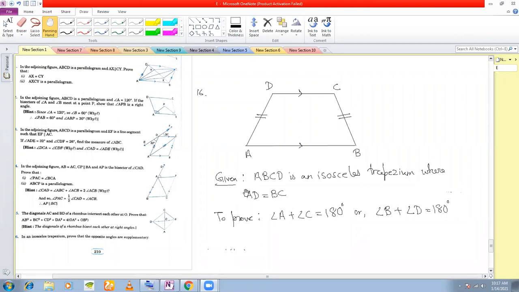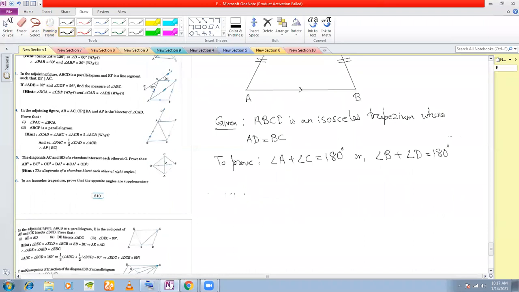I was discussing quadrilaterals, I told you there is only one property of isosceles trapezium, and that is that the base angles of the isosceles trapezium are equal. There is only one property of an isosceles trapezium that I told you, and you don't even know that. What is that property? That the base angles of an isosceles trapezium are equal.